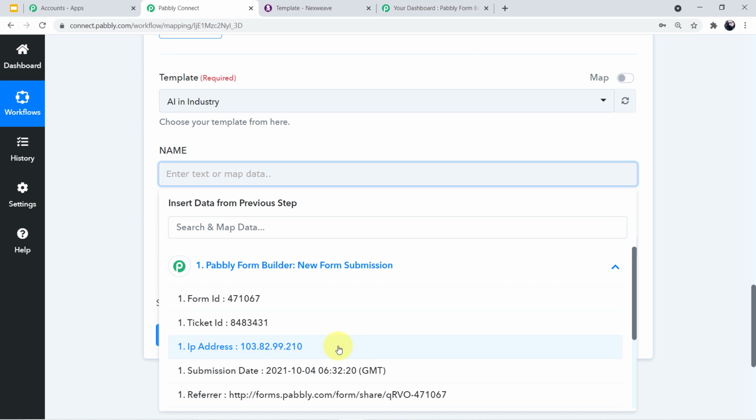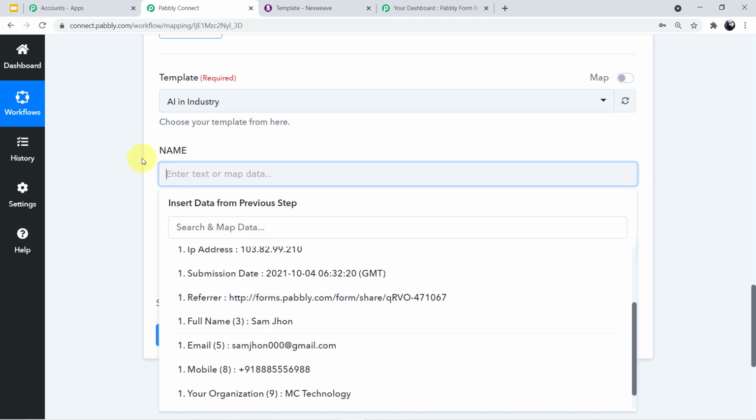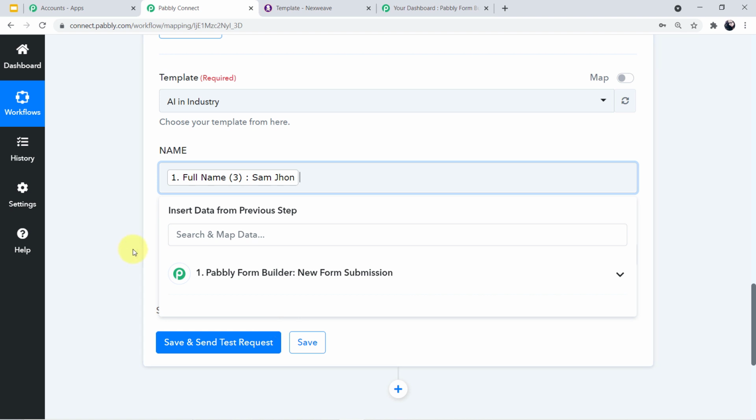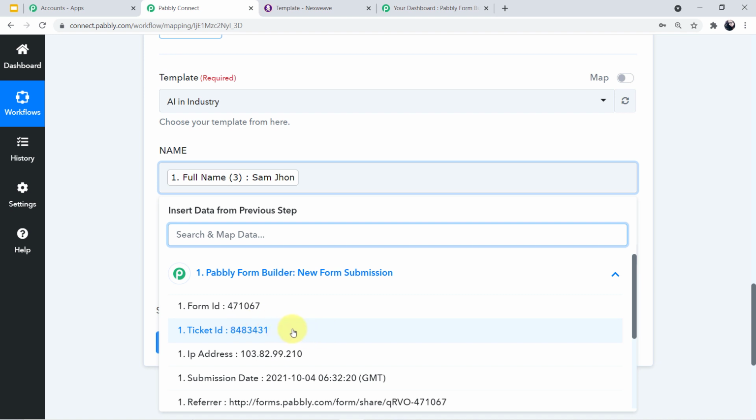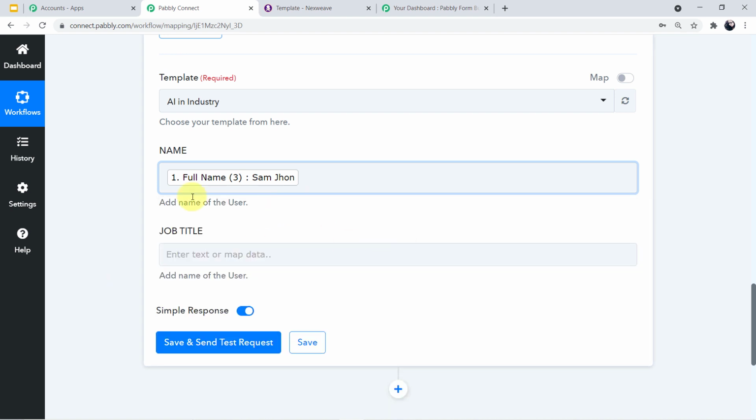Now one more thing, guys, what is mapping data? You are hearing this term again and again, map, map, map. Now let me tell you what is mapping data. Mapping data is nothing. If we just come to the scroll down, I've told you before and I'm telling you once again, we can see all of the responses here. So according to the required field, we have to just map the value. So mapping value means we have to just click on the particular value which the field is asking, and the responses are the same responses which we have captured above in Pabbly Connect. So we have successfully mapped the name of the participant.